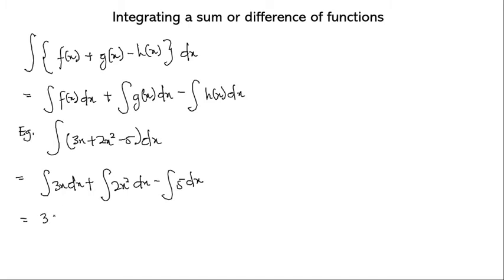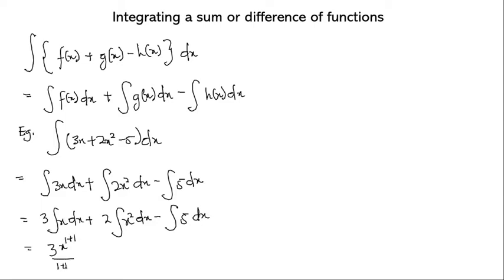Now the 3 over here is a constant, so we can bring it outside of the integral sign. So we have 3 times the integral of x dx, plus we have 2 over here, so we can bring it out, 2 times the integral of x squared dx, then minus, this is just the normal constant, so we maintain it, the integral of 5 dx. Okay, so we have over here 3. Now if we integrate x, it means it has power of 1, so we add 1 to that power, and we divide all by